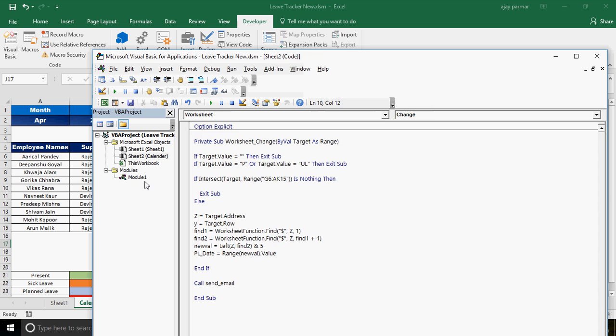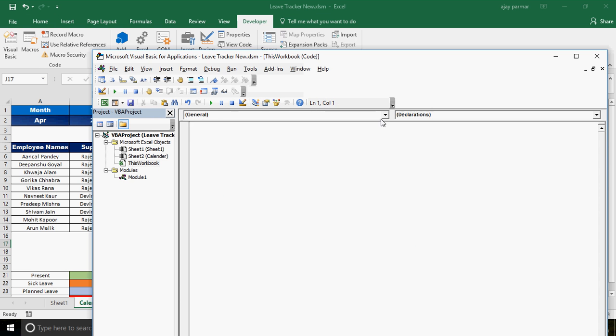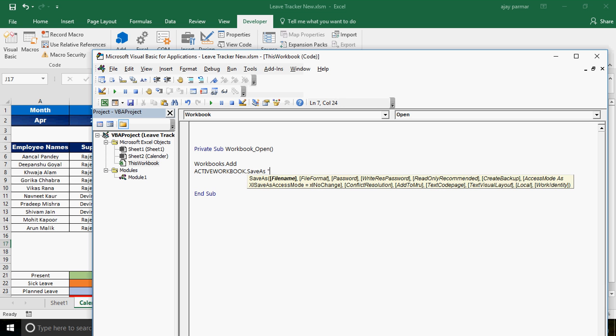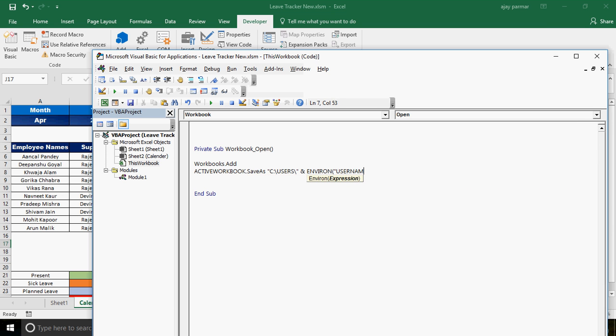So I go to the Visual Basic. Now I'm going to click here in this workbook, and I select this workbook open event. So here you will write workbooks.add, and then you will save that workbook first of all by some name. First of all I'll give the path where I want to save it. So I just save that in the users folder, and I'm going to concatenate this with the environment function. This is how I'm going to do that, so that it works on every machine,